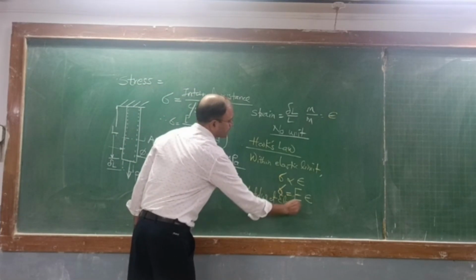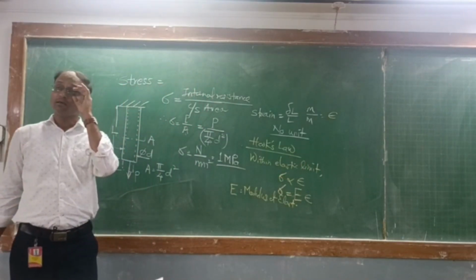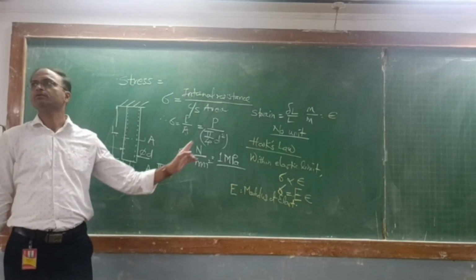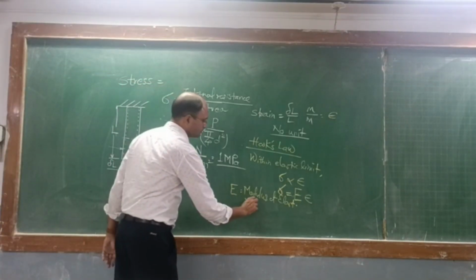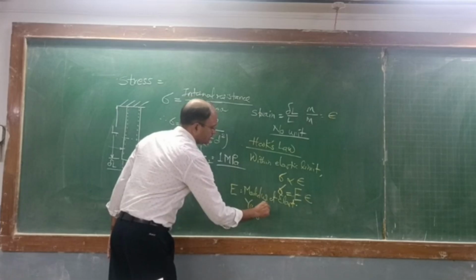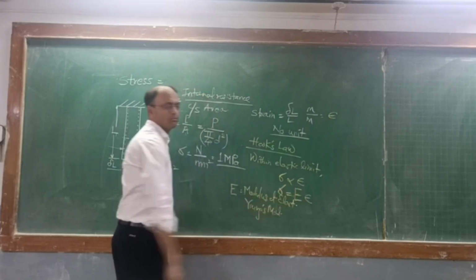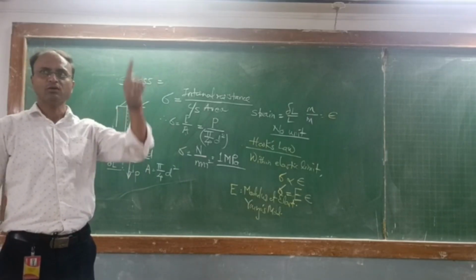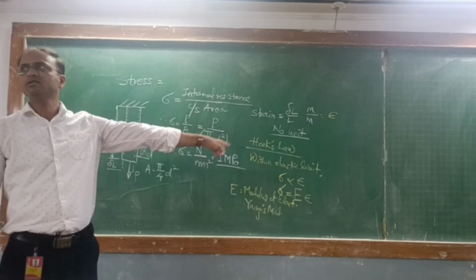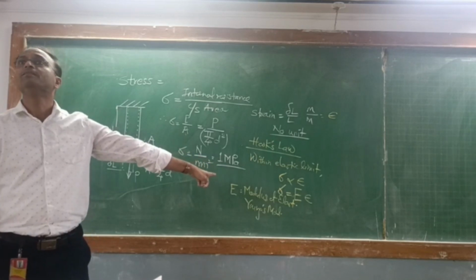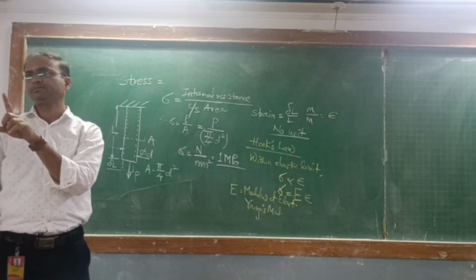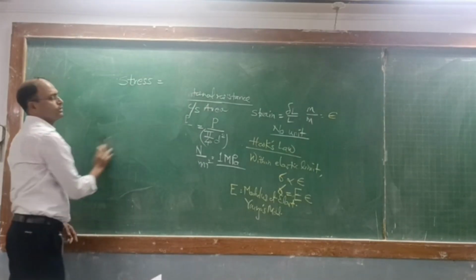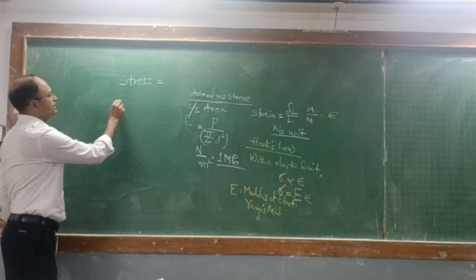Modulus of elasticity, or it is also called Young's modulus. There are three elastic constants. Yesterday we saw the contents. This is the first elastic constant. Okay, so Young's modulus. Now let us derive the unit of Young's modulus, so that I can write E is equal